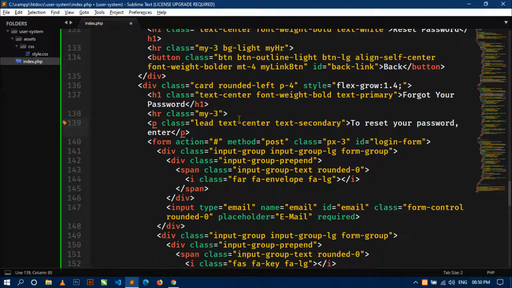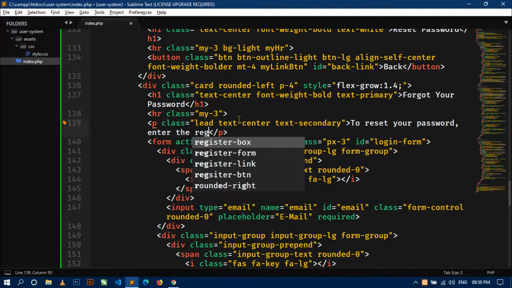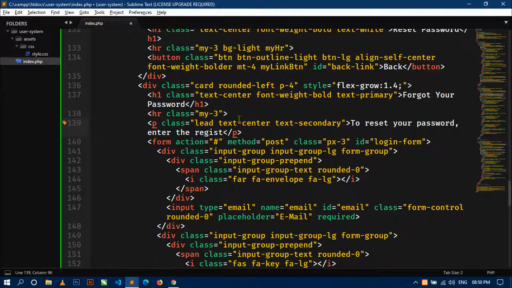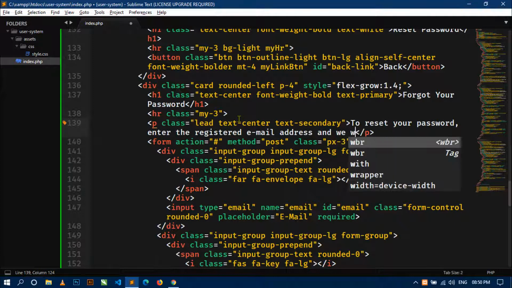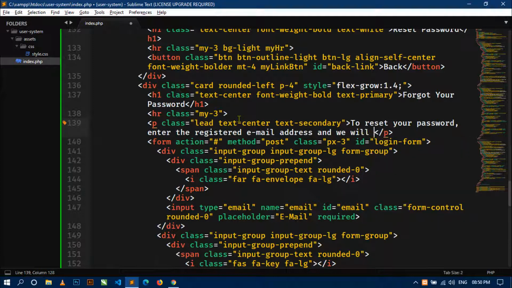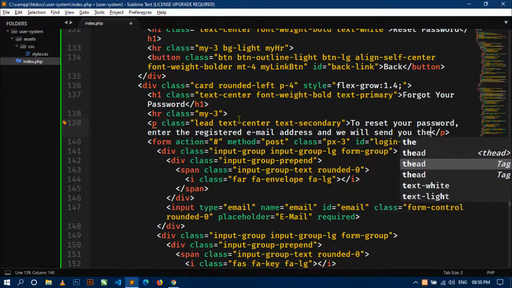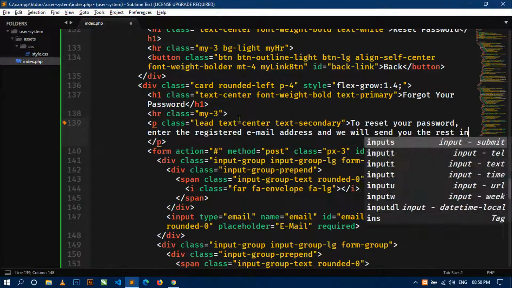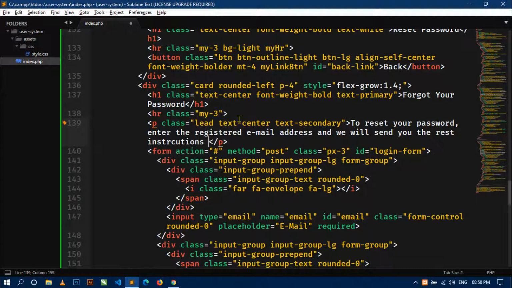And here I will write to reset your password, enter the registered email address, and we will send you the reset instruction on your email. Okay,